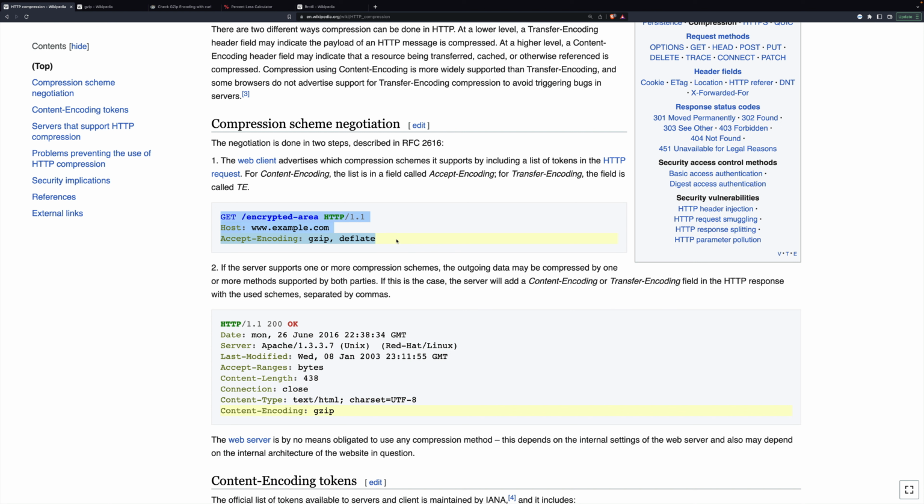Right here are some headers that your browser sends out to the server when it's saying, I would like that web page, please. So you type in a URL and it sends along accept encoding. And it lists all the kinds that the browser itself can handle. In this case, it's gzip and deflate.